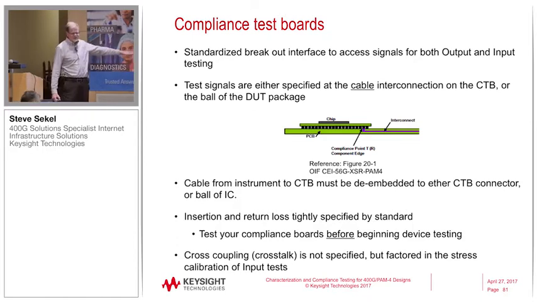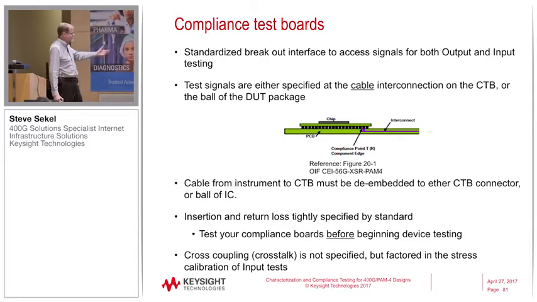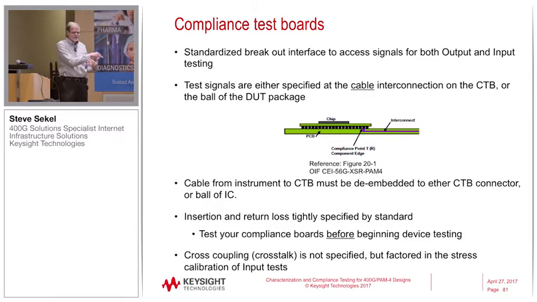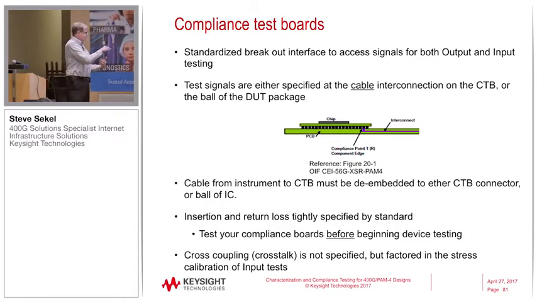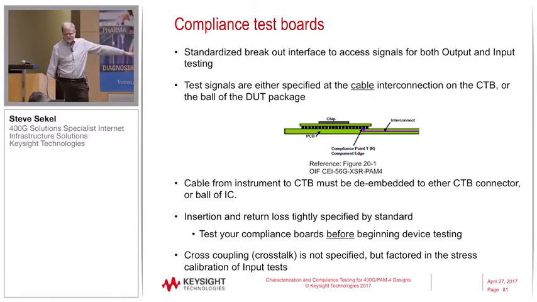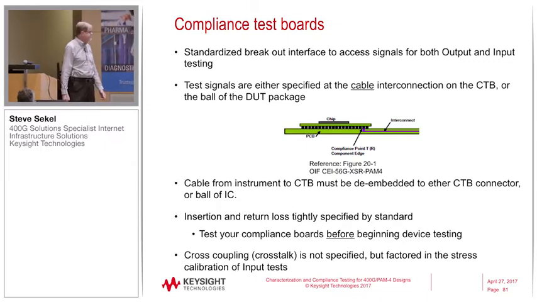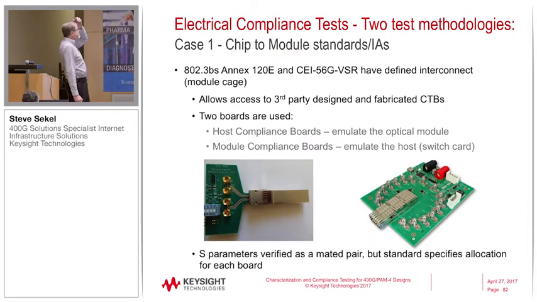And they don't specify this. This is one of the parameters that's not specified in that. You might think, well, that's really kind of strange. How do you do that? But as you see when we get into the stress calibration, there's procedures done to essentially back out the effect of the crosstalk in the stress calibration. So, okay, when we're dealing with input testing, there's basically two methodologies used, and that has to do